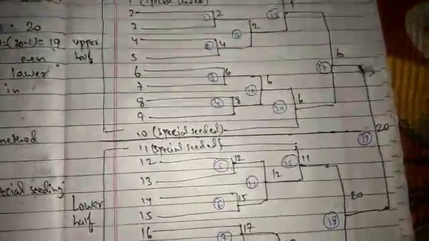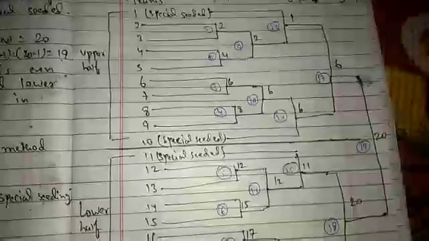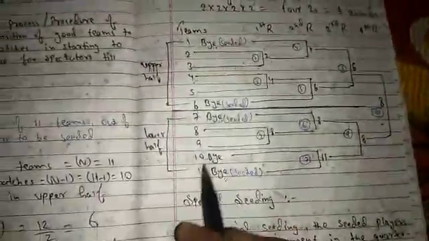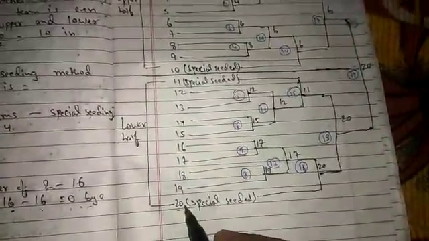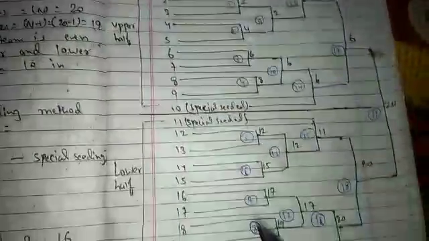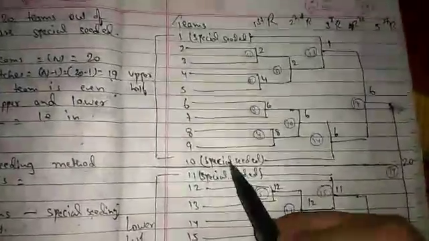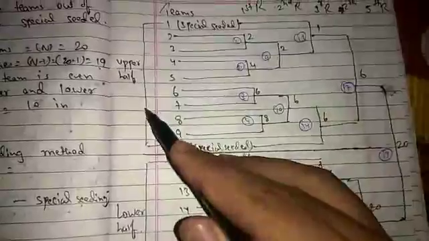Now there is no need to provide a bye to any team. Now we will provide special shading. The procedure of putting special shading is the same as the procedure we used for putting bye. You can see here also bye. First special shading is given to the team at the bottom of the lower half. Second is given to the team at the top of the upper half. Third is given to the team at the bottom of the lower half, and fourth special shading is given to the team at the bottom of the upper half, and so on.